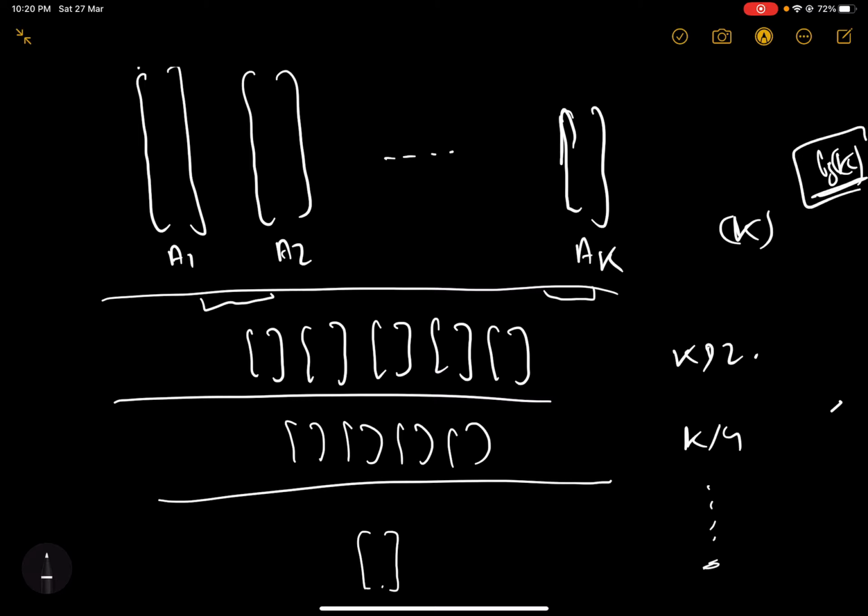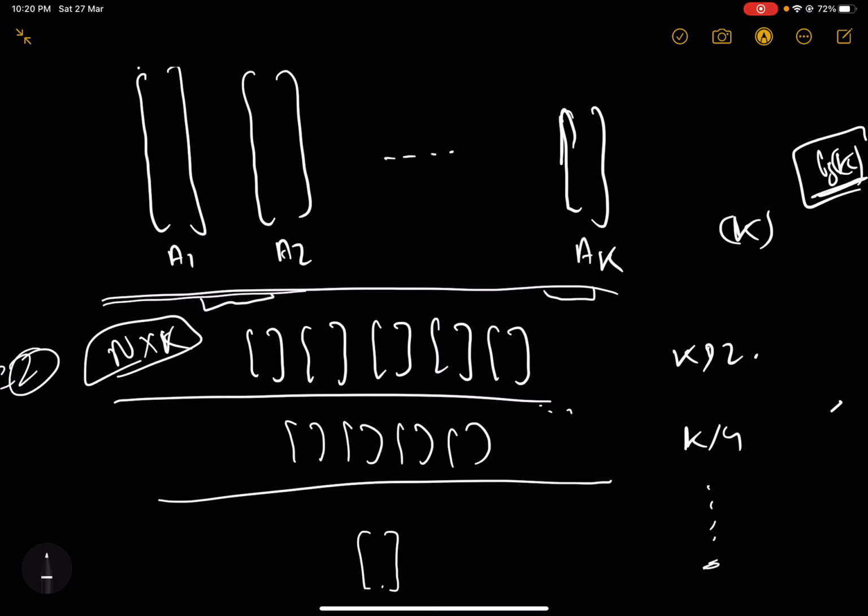Now what is the time complexity for solving each level? If you look at any of the levels, let's say I'm talking about this second level, the number of elements on the second level is the same as the number of elements in the previous level. So the total number of elements in each level is the same, which is equal to n into k. To be precise, there are n into k elements in each of the levels.